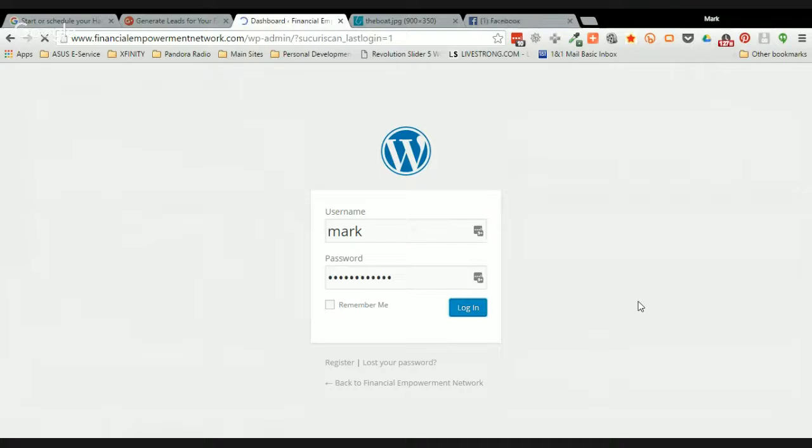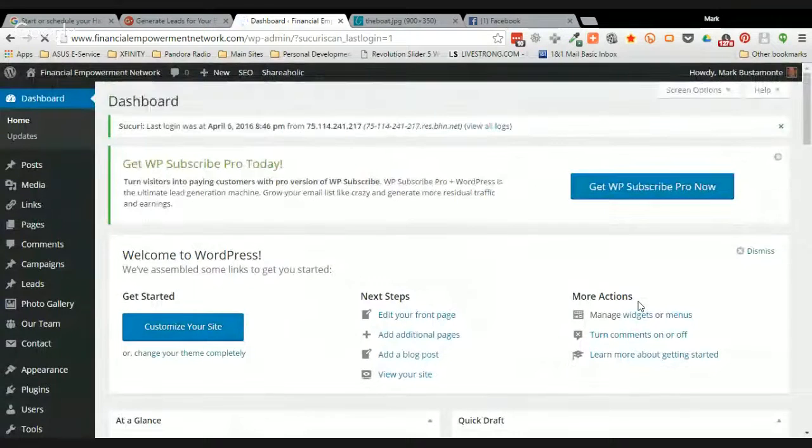Now, once you log in, after you've registered, there's a couple things we have to do to get you set up so that the capture pages are set up to your user ID. You'll see what the capture pages look like in a minute, but when somebody comes to your capture page and fills out their name, their phone number, their email address, and hits the button, and that information is submitted, if that page has your ID on it, it's going to send that